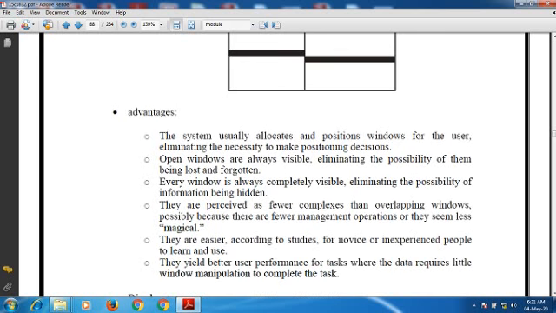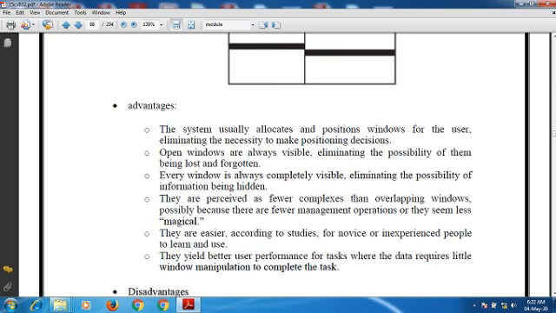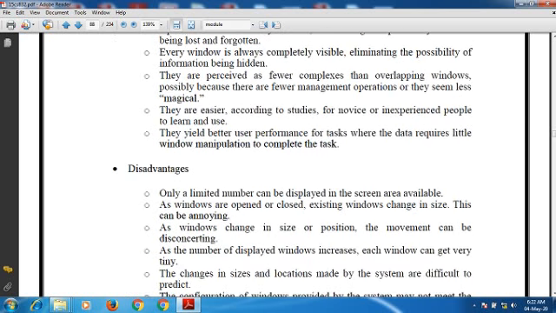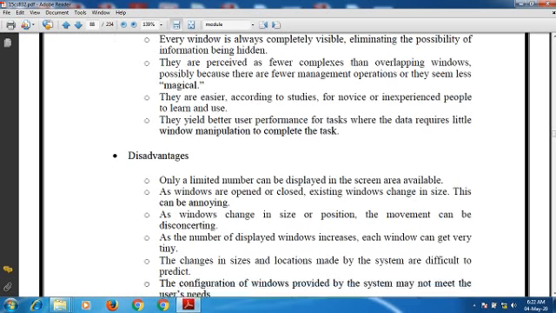They yield better performance. By looking at how we are manipulating windows, you are able to use them very easily. You know the position where exactly it is located, so that you can complete the task very easily. We also have some disadvantages associated with tiled windows.